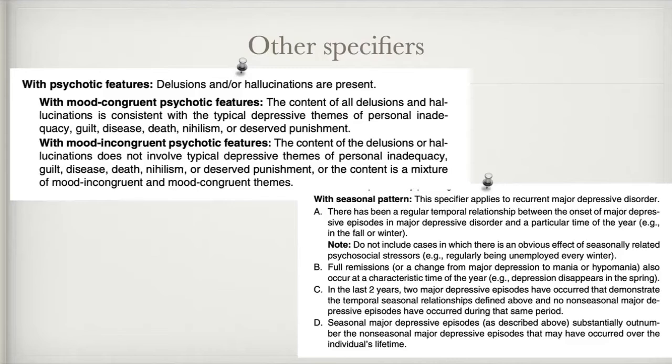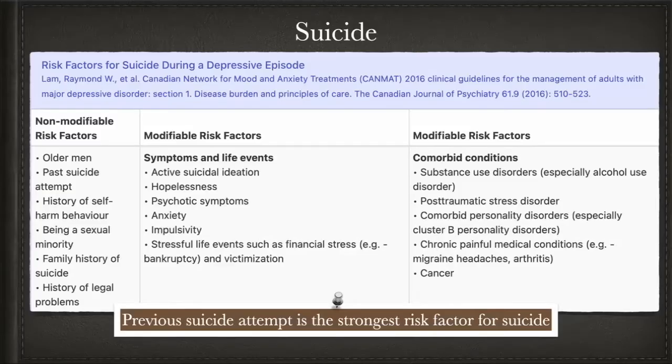Another specifier is a seasonal pattern, which we previously called seasonal affective disorder. The patient has major depressive episodes in major depressive disorder, but at a particular time of the year, especially during the winter or fall. And there are also other specifiers like major depressive disorder with anxious features, mixed features, melancholic features, with catatonia, peripartum onset, etc. I am not going to go into detail about those